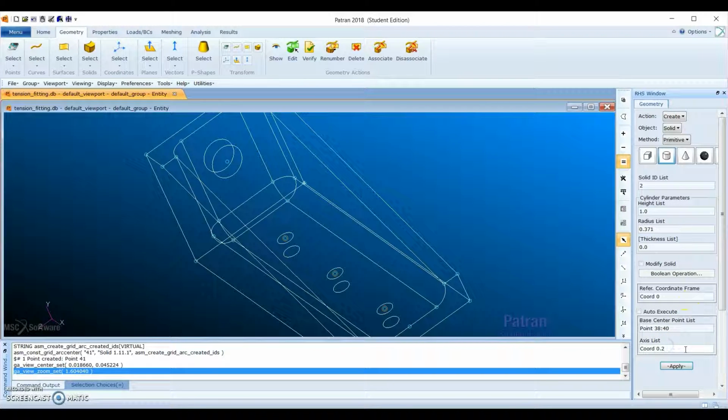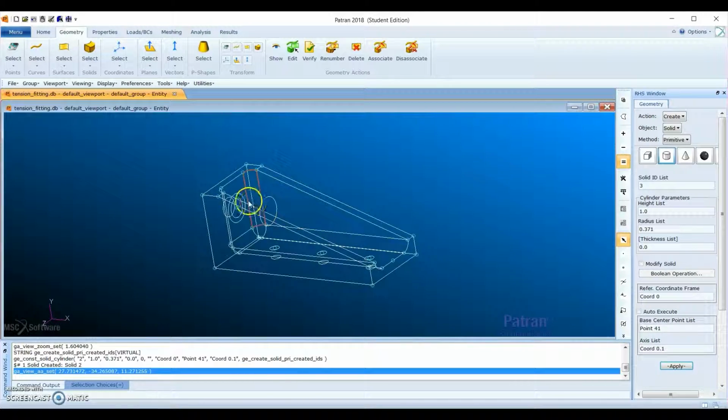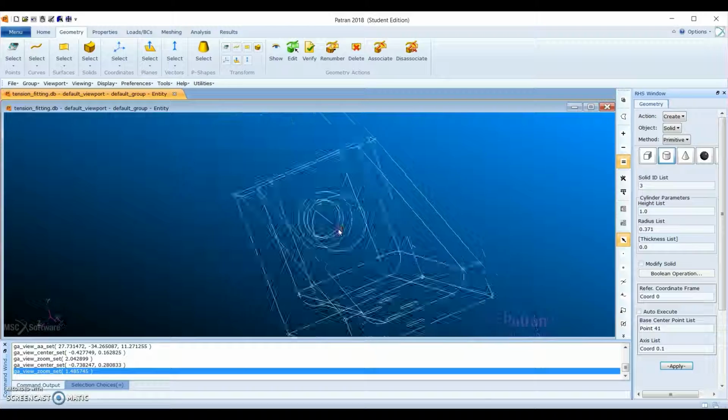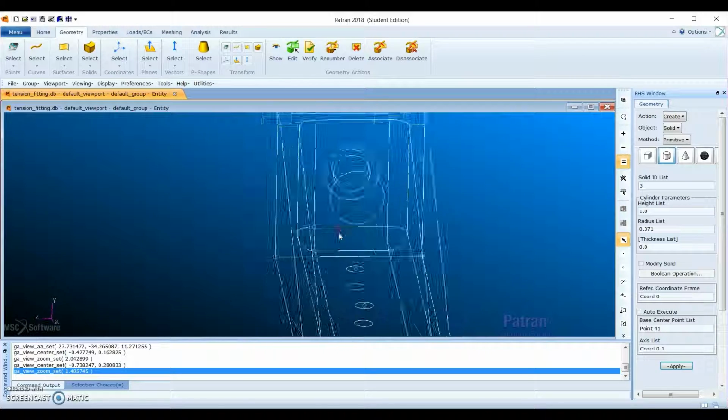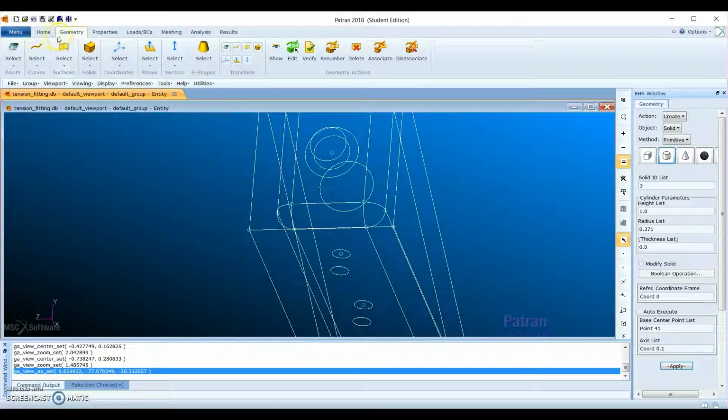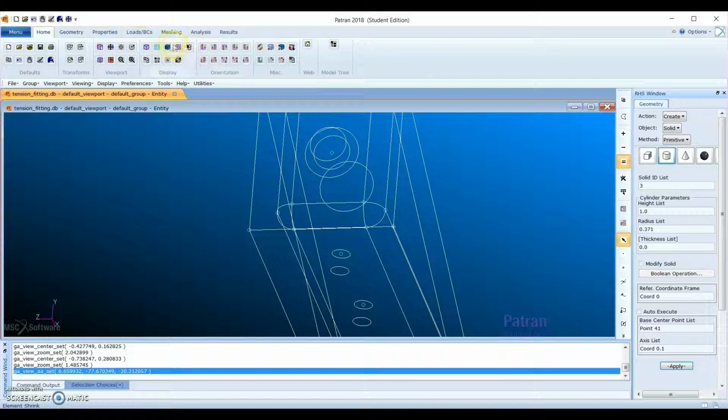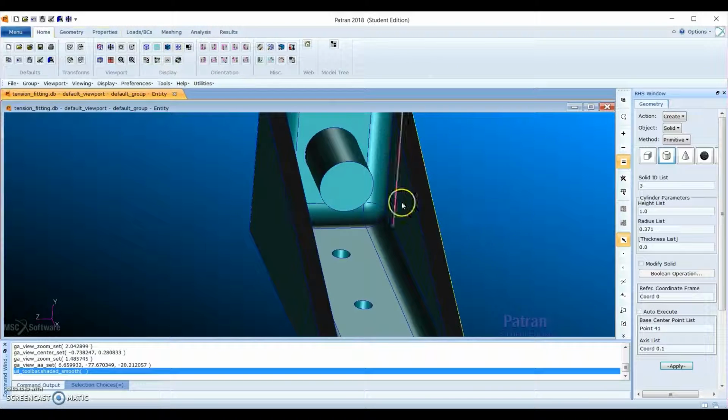The axis list will be coordinate 0.1, and the base center point list will be this one right here. And we're going to click apply. Now we can see that we have the cylinder right there. If we change the display to smooth shaded,